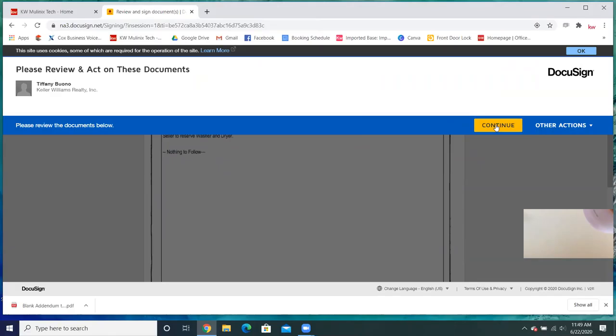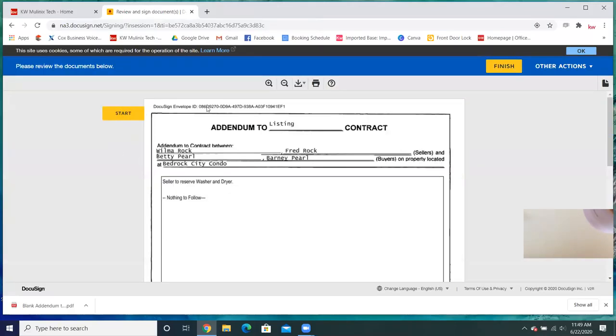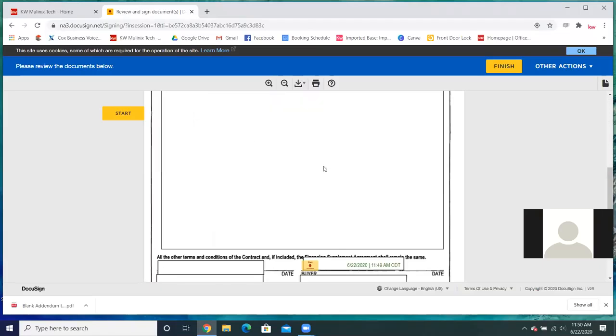So please review the documents below. So this is the PDF that your buyer would get. See, yours had text boxes that were still highlighted as required. You should be able to still edit at that time. If it's a required box that's highlighted red and it has that clickable field, then you should still be able to. Once that has been finished and it goes to the next person, they'll receive a flat PDF with the only